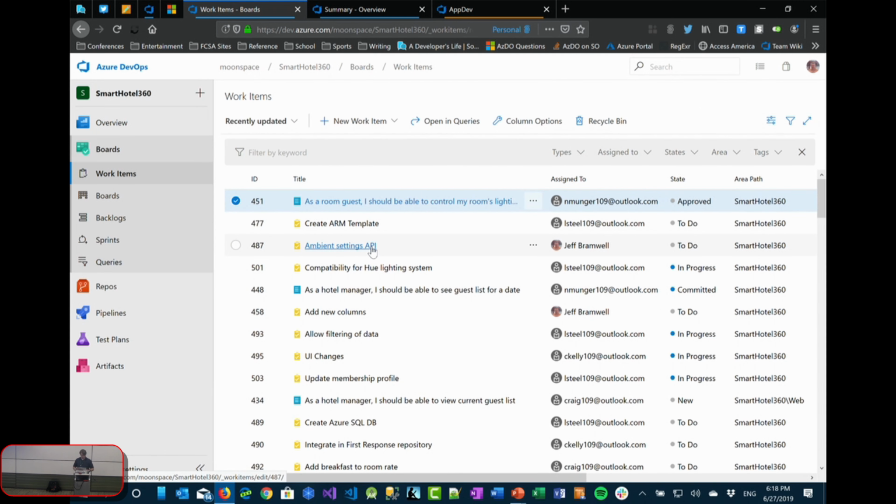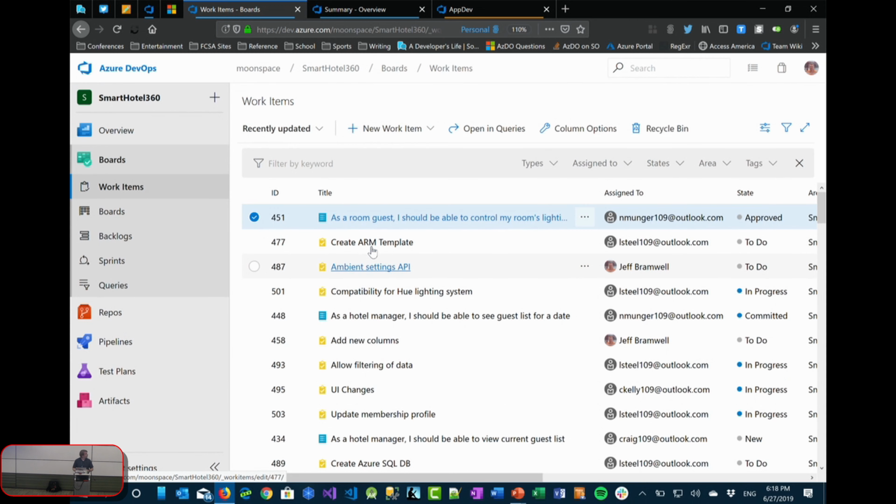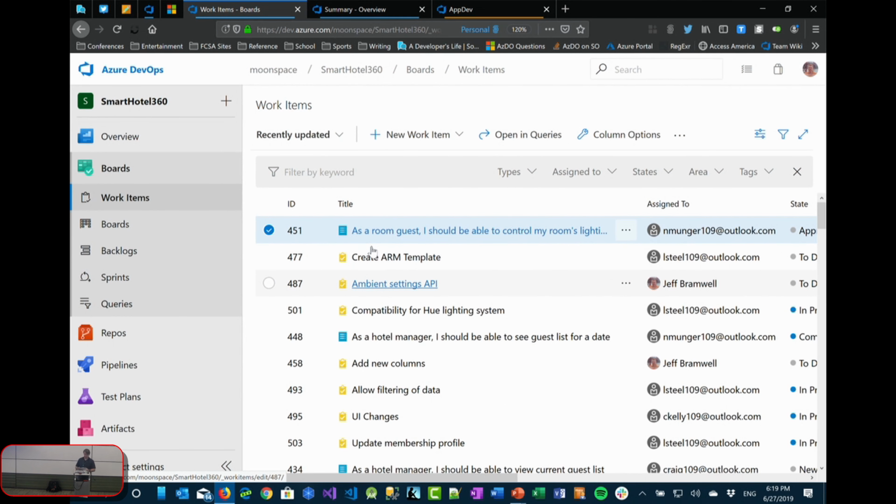And that's probably really small. Let's see if I can make this a little larger. We'll see how this works on screen resolution. So when you first go into the Boards hub, you're essentially given a list of all your work items. Again, the work items, that's essentially the cards that show up on the board. So this is really just a tabular view of all of those cards.